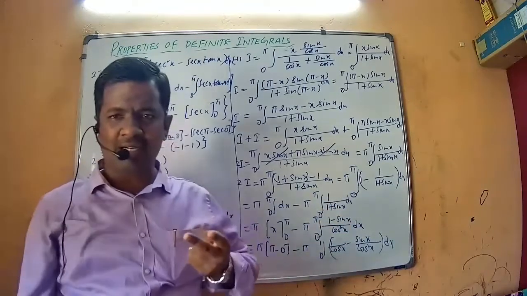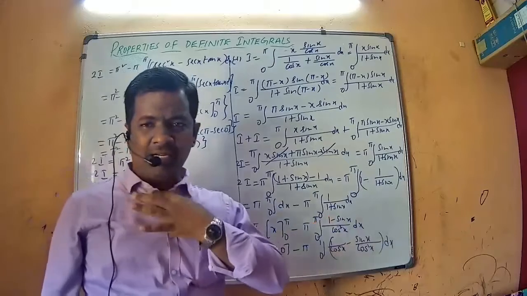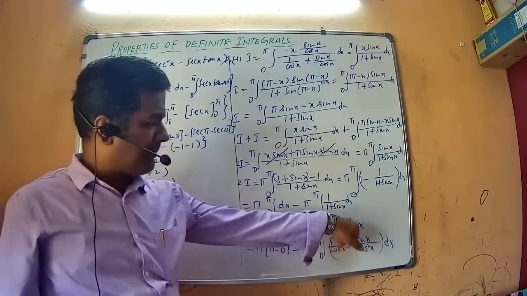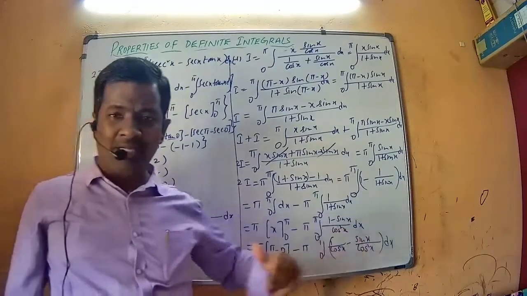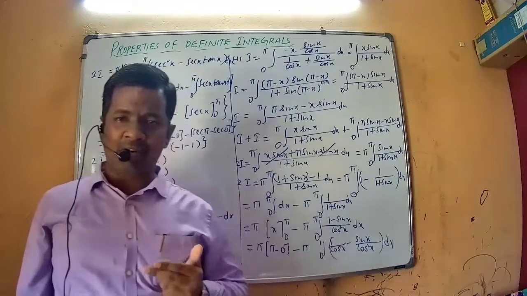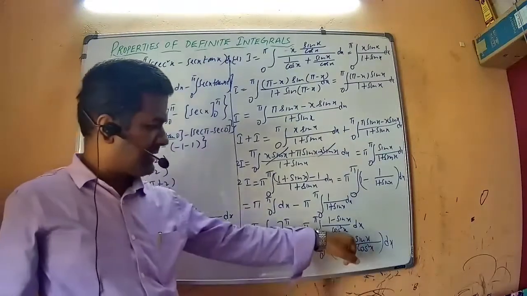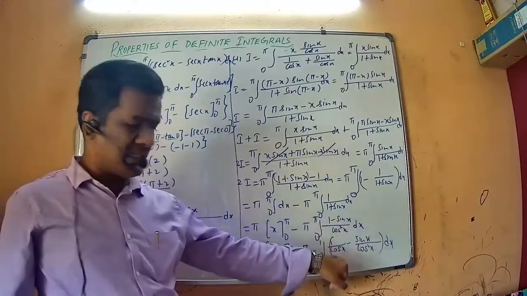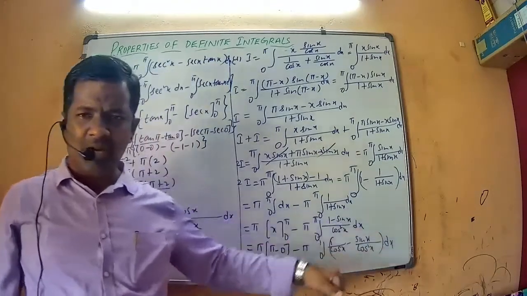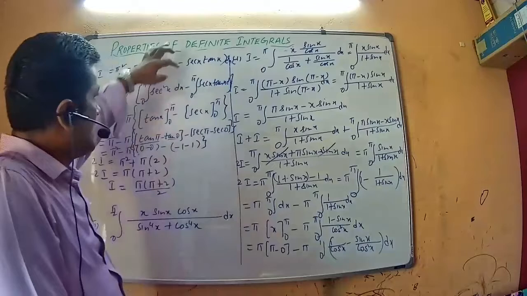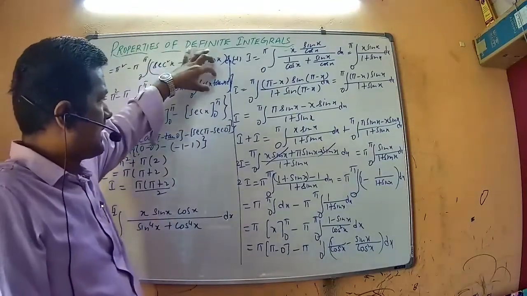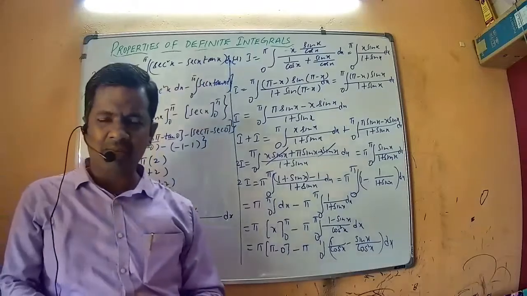Two methods. The first method is applying the property. The second method is multiplying and dividing with 1 minus sine x. So this became 1 minus sine x by, the denominator 1 plus sine x into 1 minus sine x, which is a plus b into a minus b form, 1 minus sine square x, which is cos square x. So 1 by cos square x is secant square x. Sine x by cos square x is sine x by cos x into 1 by cos x, which is nothing but secant x into tan x. Integral of secant square x is tan x. Integral of secant x tan x is secant x. Then applying the limits cautiously.